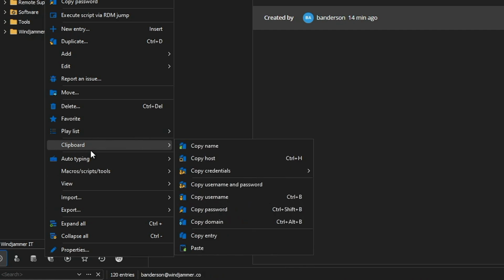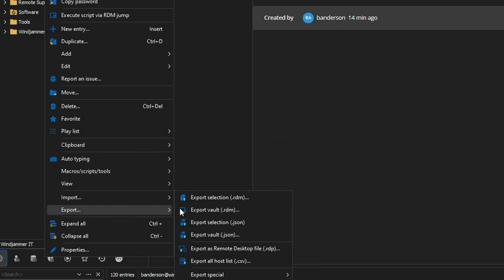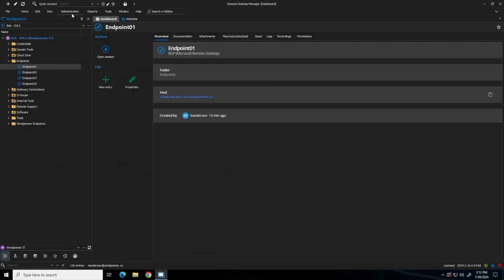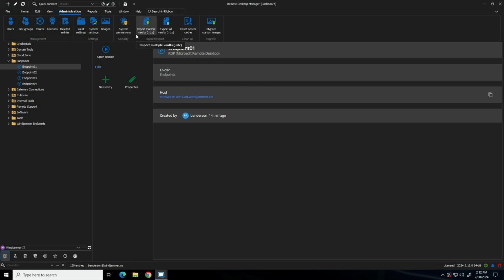We equally have an option to do the vault. So as you might have noticed already, we have our export vault option. As you can imagine, this will export the entire contents of the vault, and this can be done in either RDM or JSON. That could be something you're interested in. We equally have our data source, which we can completely export. So here we have our all vaults option, which we can use to easily export everything, every vault within your data source, all the contents within it. That'll turn into an RDX file, which you can then, right next to it, use to import